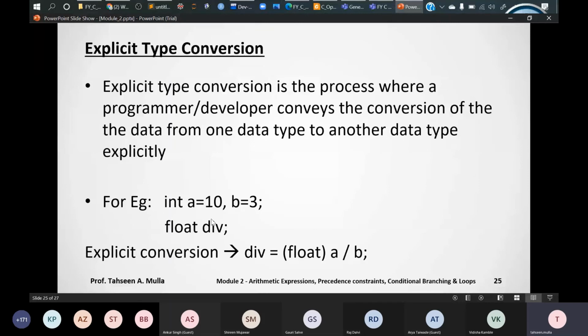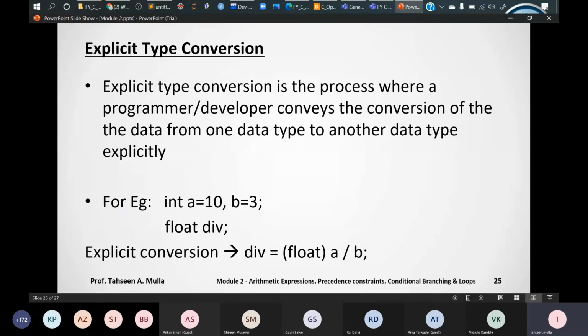Third variable as div, which is a float. Now see, if I divide this a by b in integer, what I'll be storing in division? Consider division as integer. So my answer will be 3, right? But I'm losing some precision.